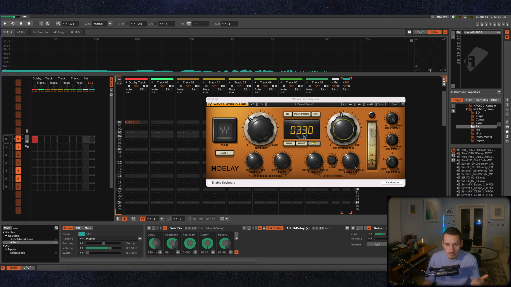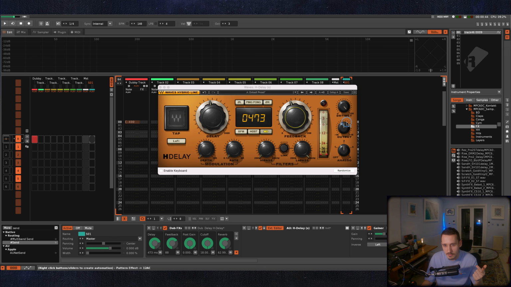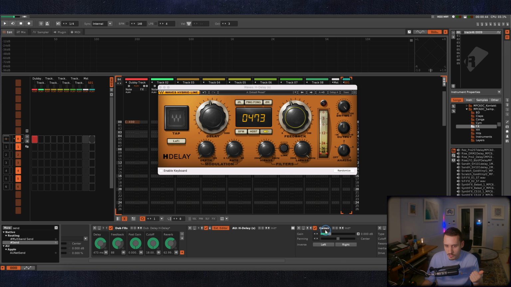So what you've got to do essentially is take it off whatever sync or host function it has, and you want it to be controlled by the milliseconds of the delay. So I've got milliseconds happening here, and then I've got feedback I've mapped, and the next thing I could have mapped is the output gain of this, but you see it only goes to -18, and I think it's quite useful to be able to completely reduce the output of the delay plugin. So instead I've mapped a gainer after it, and so I can pull the gain from 0 down to nothing.